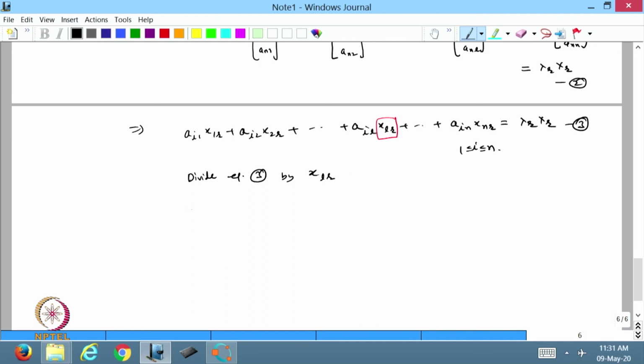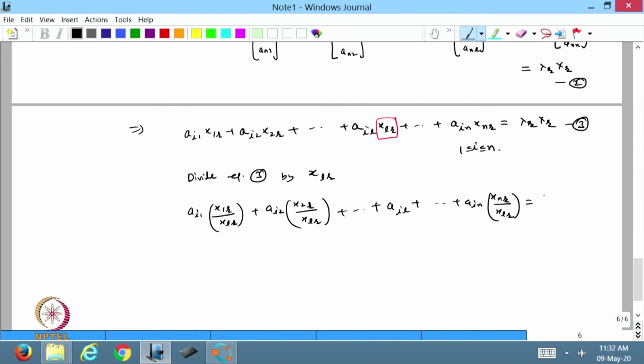So, I will get a_i1 x_1^r by x_L^r plus a_i2 x_2^r over x_L^r plus a_iL, only I will get a_iL, and in the end I will get a_in x_n^r divided by x_L^r,